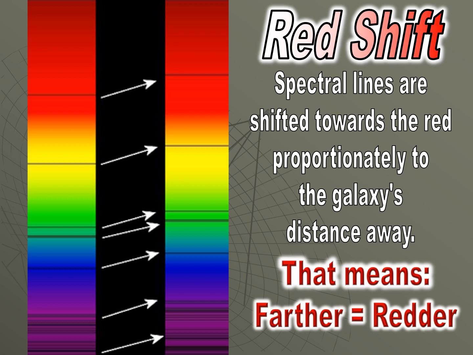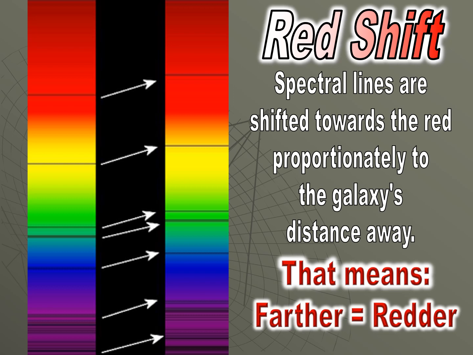That's what we mean. So the amount that the spectral lines are shifted toward the red is proportionate to the galaxy's distance away. So the farther a galaxy is away from us, the faster it's moving away from us, and the redder its light is shifted. If you remember the raisin bread dough analogy, or even the balloon analogy, then it kind of makes sense that this would work. So looking at all this information, Edwin Hubble was looking at these galaxies and measuring how much they'd been redshifted. He figured out the farther, the redder. He came up with the idea that the universe was expanding. Every bit of evidence since then has confirmed that.